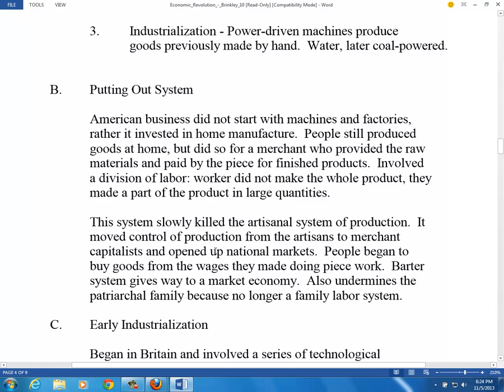Putting out system refers to the prostitutes that they hire to service the